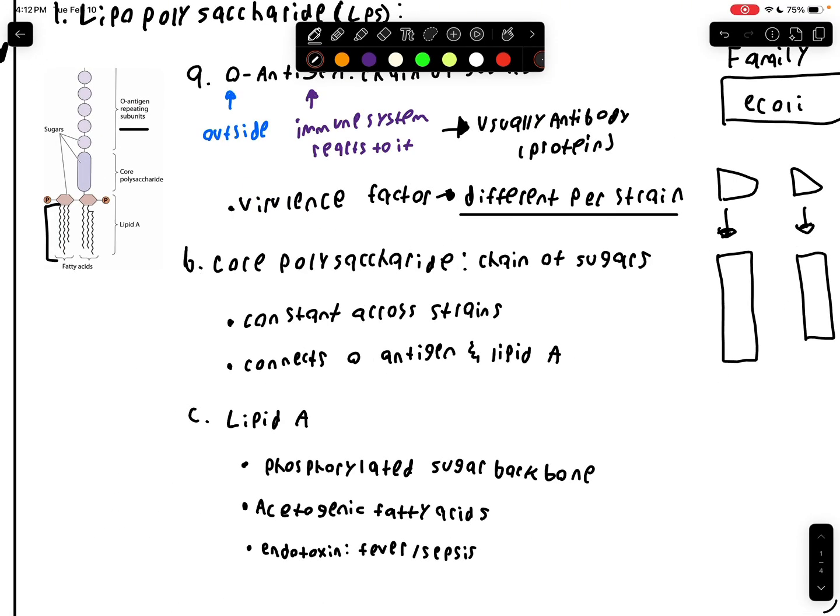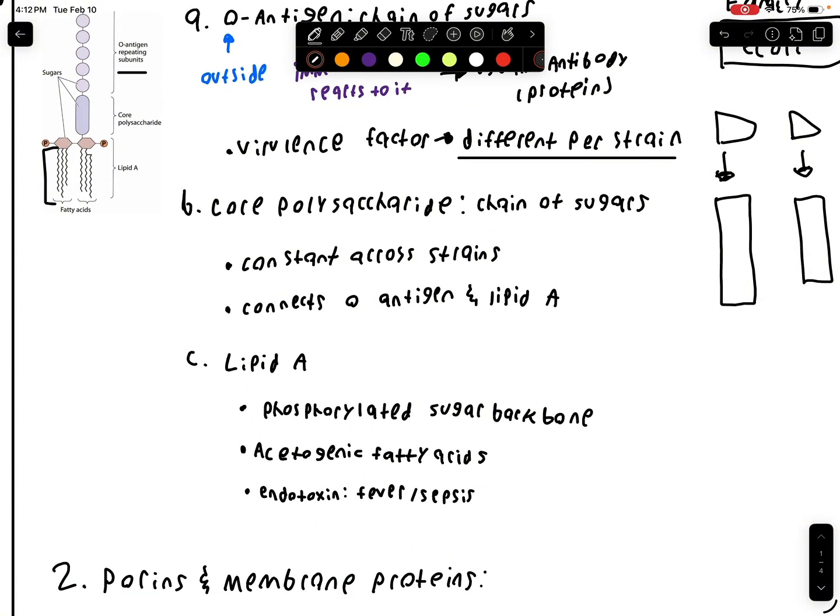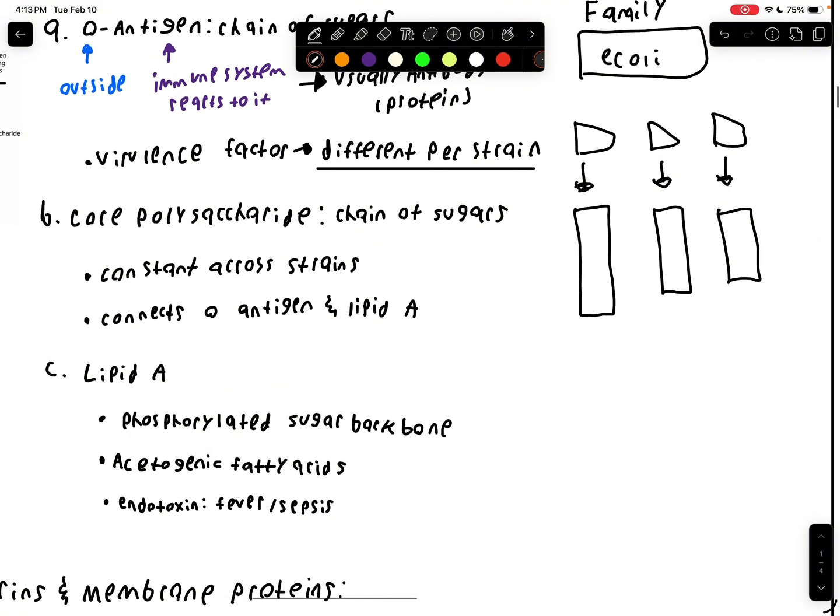So, again, another chain of sugars. Sugars are everywhere, and it's constant across strains. And what it does is it connects the O antigen on the top to the lipid A on the bottom. So that's literally all it does. It's the same across all three strains that we've shown over here, and just strains in general of the same